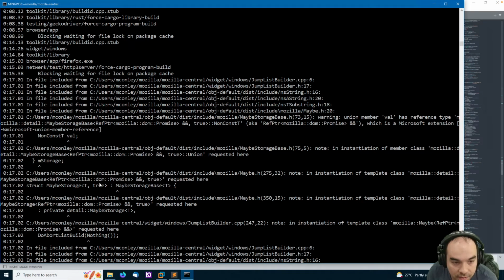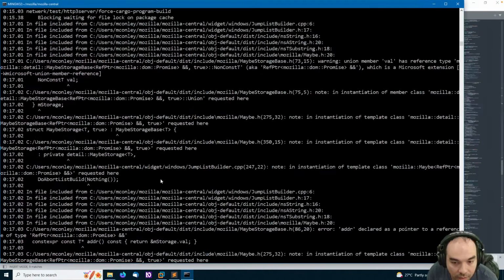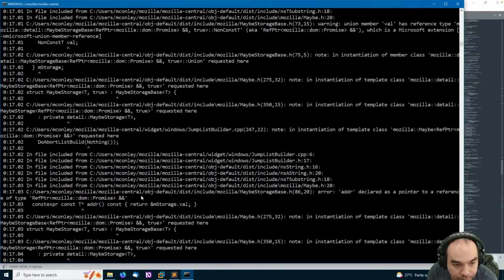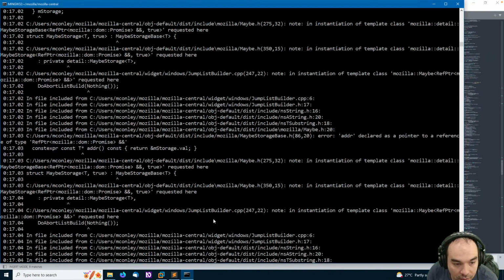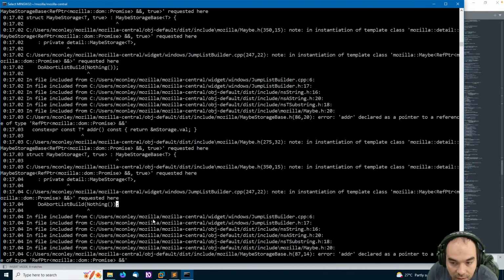Maybe storage base. Warning. Okay. Address is declared as a pointer to a reference when we're instantiating the template class.